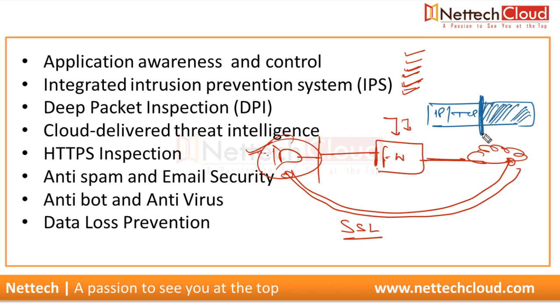What about this data? Encrypted, right? And if the firewall doesn't have the decryption key, it means the data cannot be decrypted by the firewall, so there is no point of doing examination. I mean, there's no point of checking for any known or unknown virus threat or any malicious code inside it. At first place, there should be a